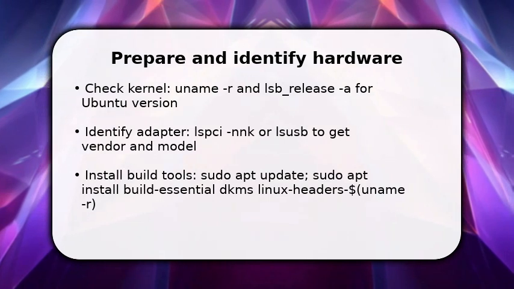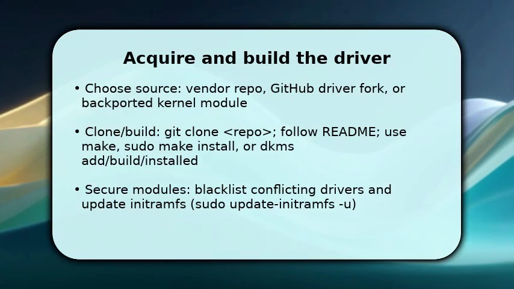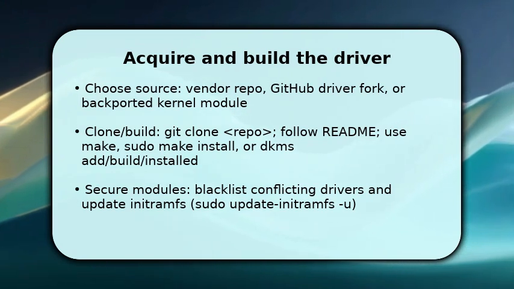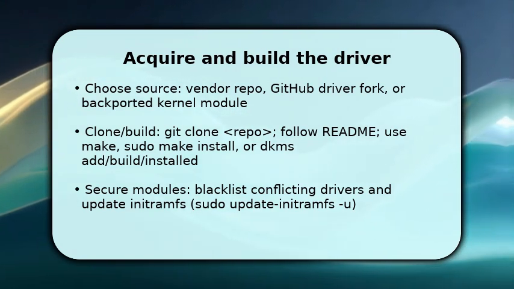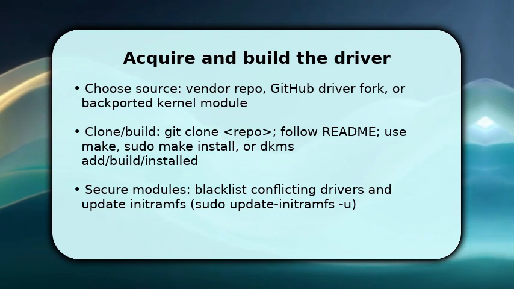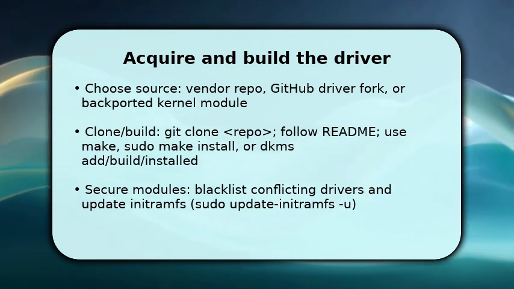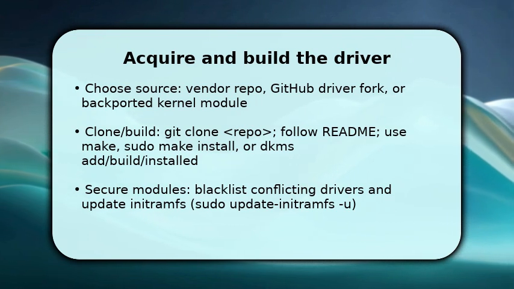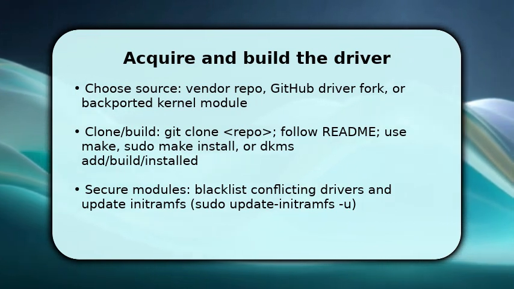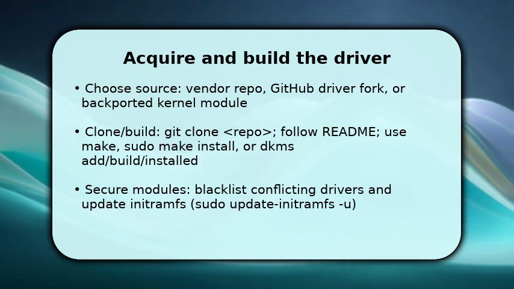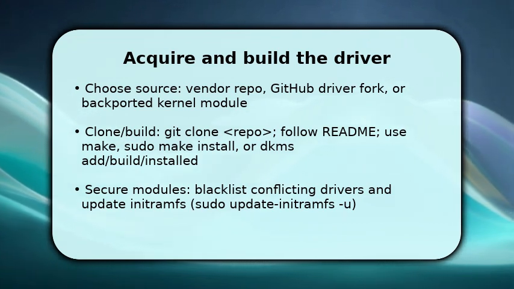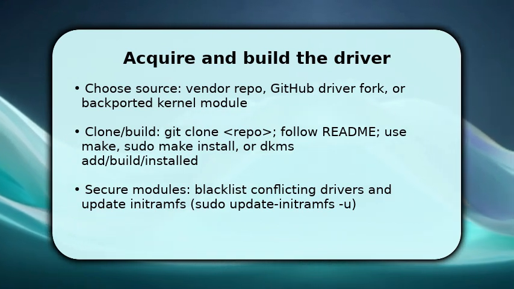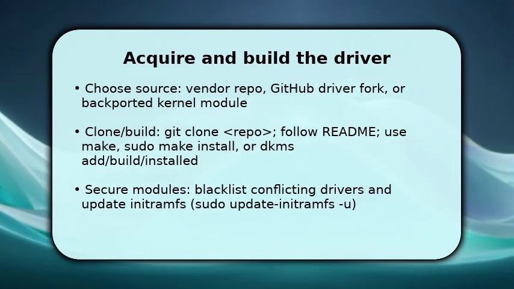Next, grab the correct driver source, either the vendor's repository, a maintained GitHub fork, or a backport package. You clone the repo and read the README, then compile using make and install with sudo make install, or register with DKMS so it rebuilds across kernels. While building, check for and blacklist conflicting modules to prevent driver clashes. Once installed, update module dependencies and regenerate the initramfs so the new module loads cleanly on boot and during kernel